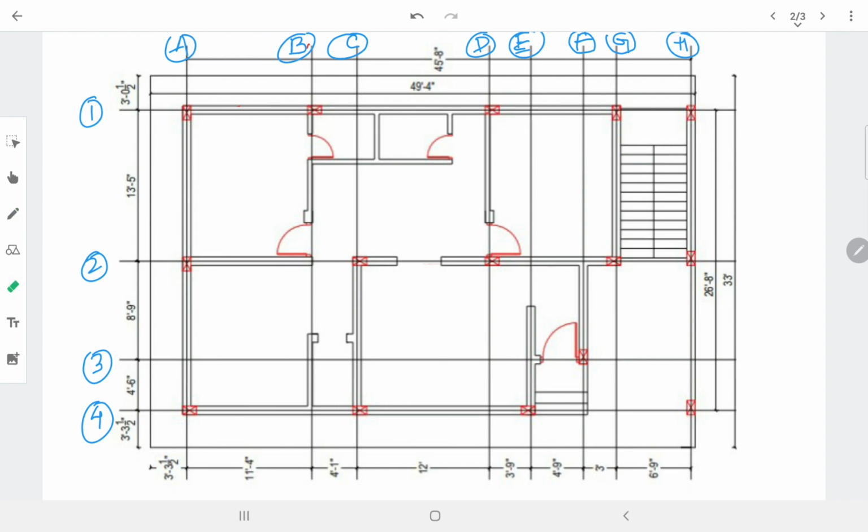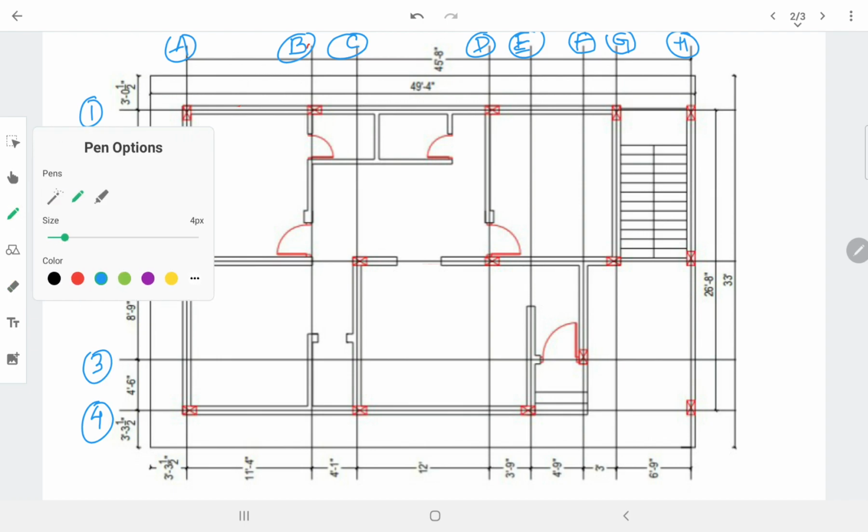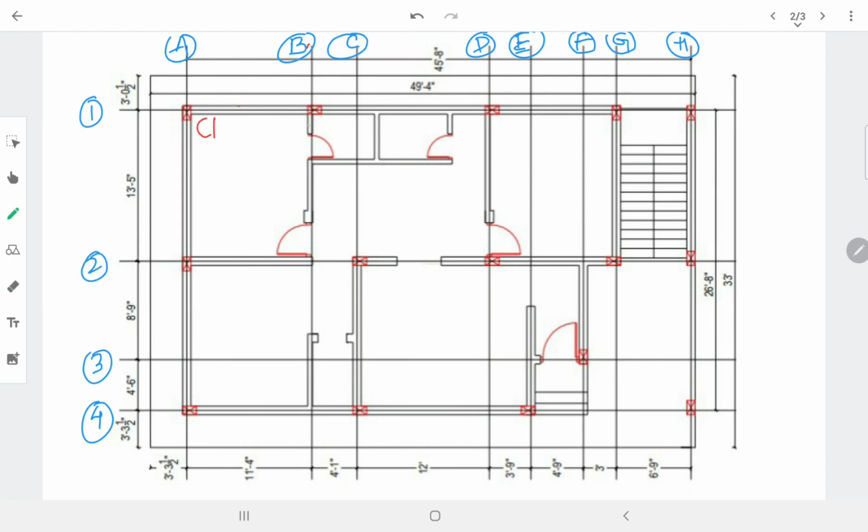For example, C1, C2, C3, up to C14, like that we can number accordingly, from left to right, from top to bottom. Easily we can name it.